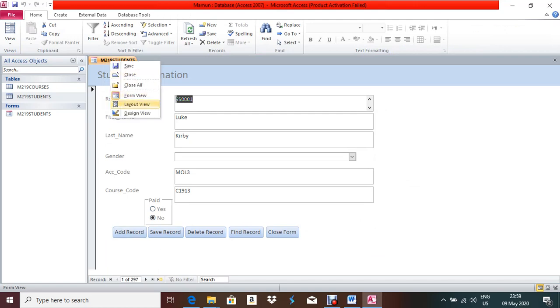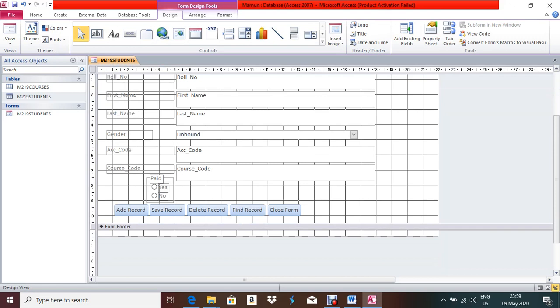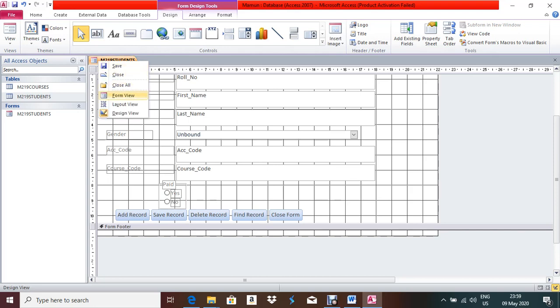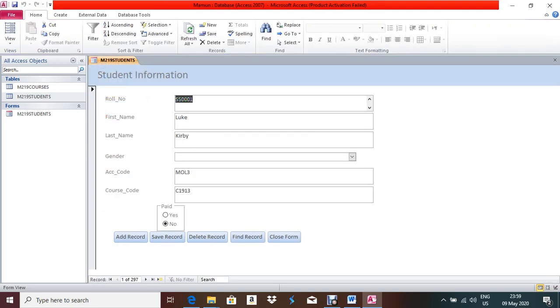So open this one into design view, make these navigation buttons a little bit down. Okay, and select this one and move it a little bit to this side. Then it will look good, I think. Open this one into form view, it will look like this.